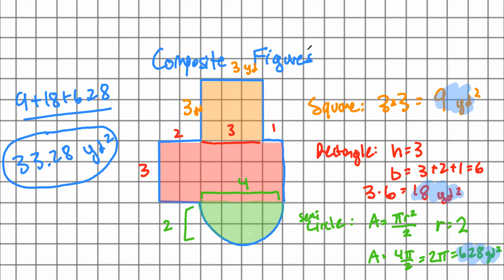There's another kind of composite figure. In this case, we added to get area, but what if I subtracted area? You might wonder, okay, how do you subtract an area, right? Well, allow me to show you, okay? So if I was to say, okay, I've got a cake here. Let me make a delicious looking cake, big old rectangular cake, right? And I'm gonna say, okay, I'm gonna take a slice out of this cake, and I'm a jerk. I'm gonna take a very ugly looking slice, right? I'm gonna take this slice out of the cake,